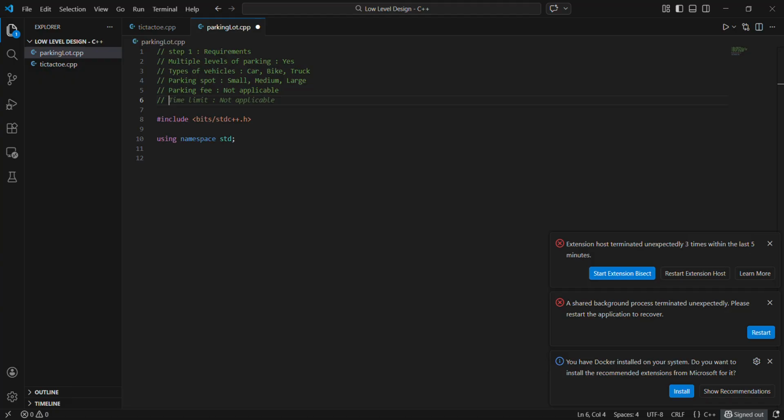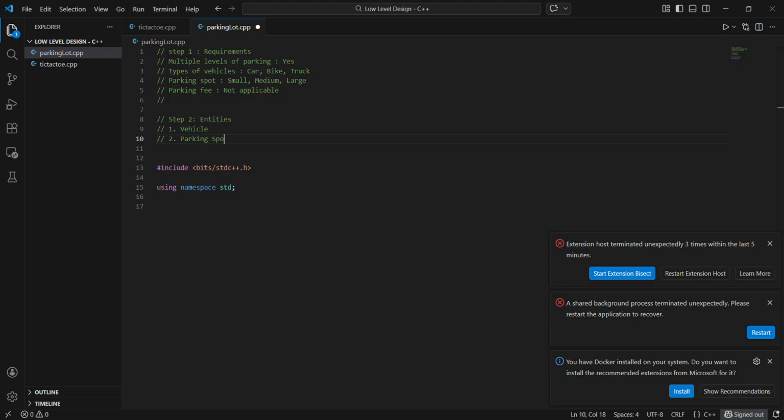Then the next step should be for you to state your entities. So what entities can you think of at the moment? One entity which I can think of is definitely vehicle. Vehicle can be a class because vehicles are of different types, and each vehicle will have a unique number, and so on. Another thing, as we stated, is that we will have a